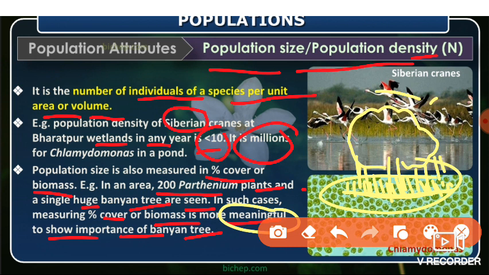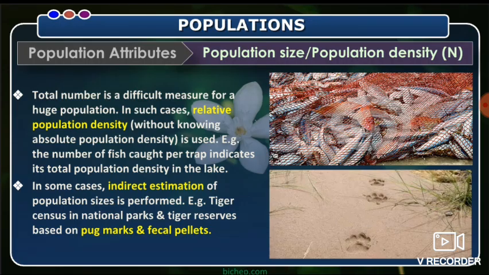The size of the banyan tree or the percentage is more. Percentage of biomass is more as compared to the parthenium plants. Okay, this is the population density and it is denoted by N. Okay, and moving to the next slide here, that is